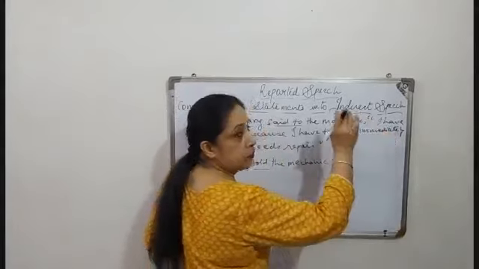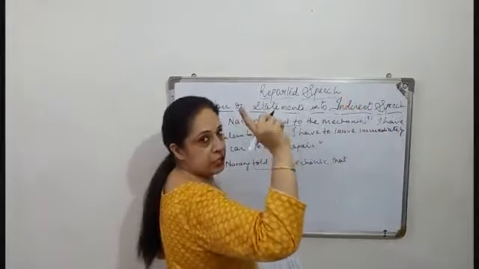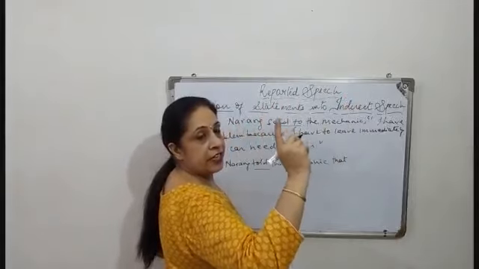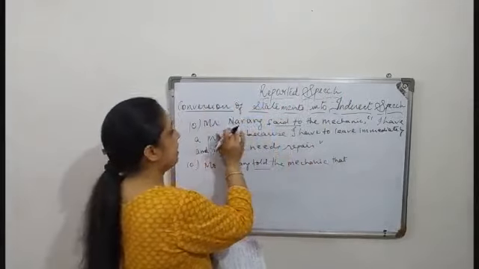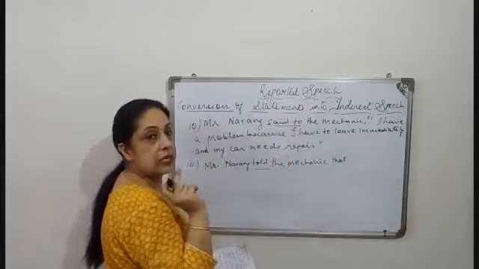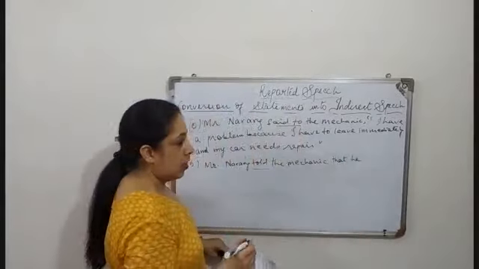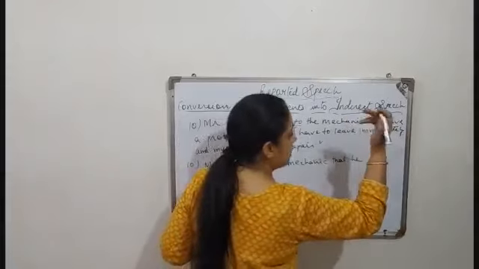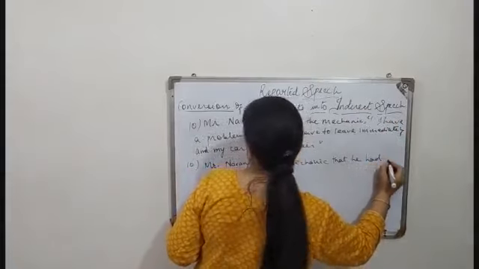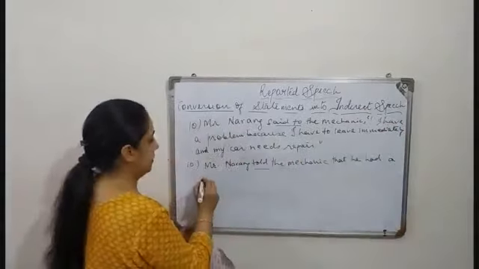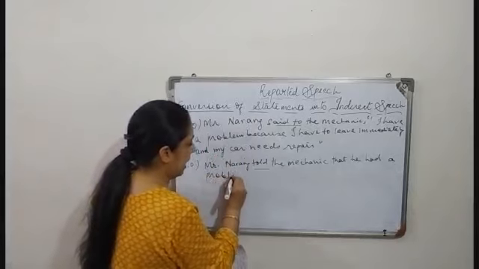Now after opening of the inverted commas we have first person. First person, whenever it is there, then we have to see the subject. Subject is Mr. Narang. He is a male member. So here comes he. Alright, I have is converted to had. He had a problem